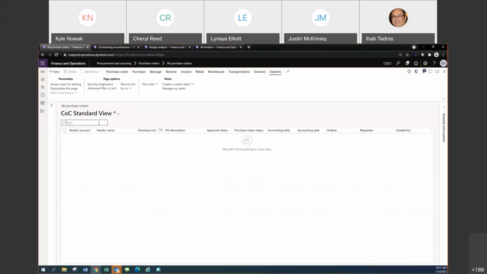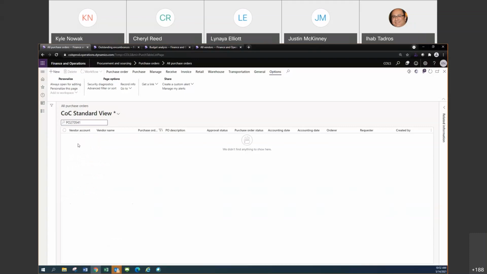If you come back up to your filter box and you start to enter what you're looking to find and you don't hit enter, it's going to allow this drop-down menu to populate and show up. 99% of the time, if you can't get results that you want from this filter box, it's because somehow a different column has been selected than what you're looking for. So in this case, I'm searching for PO 270541, but it's searching for it in the vendor account. You're never going to find it there. So you have to come back down,